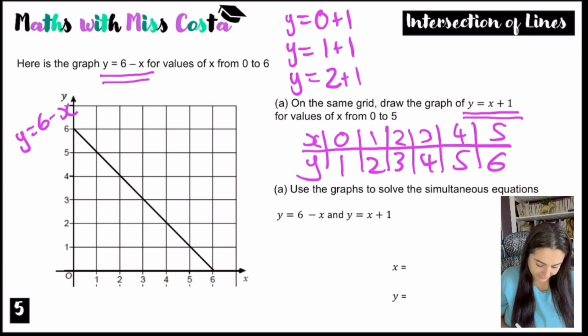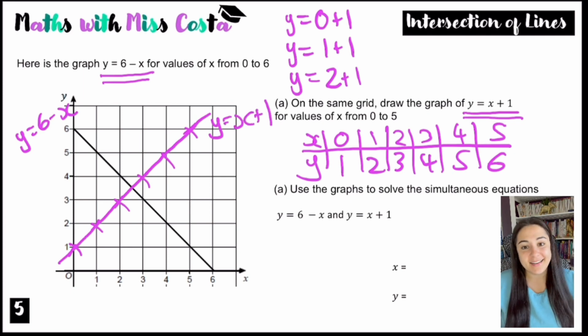So let's plot this now. 0, 1; 1, 2; 2, 3; 3, 4; 4, 5; 5, 6. Okay, join your line together with a ruler and then label it. So that's the line y equals x plus 1. And I've done that. Now for the next part, I'm being asked to use the graphs to solve the simultaneous